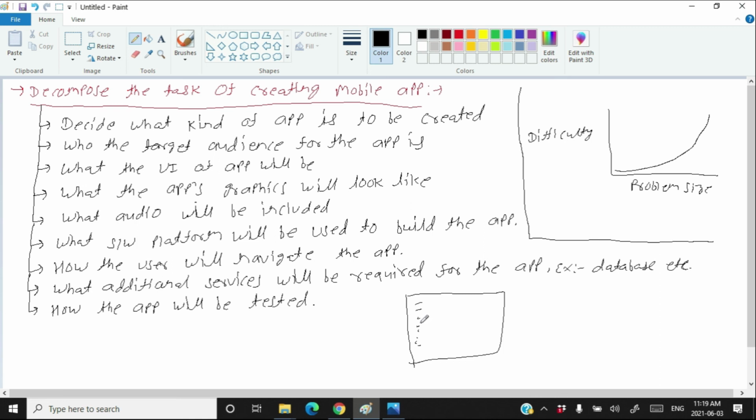Decomposition of the problem decreases the difficulty of finding a solution. So once you know how you can decompose a problem into smaller steps, you can create its solution by designing an algorithm for it. So after decomposing the problem, we are going to create an algorithm for the problem.